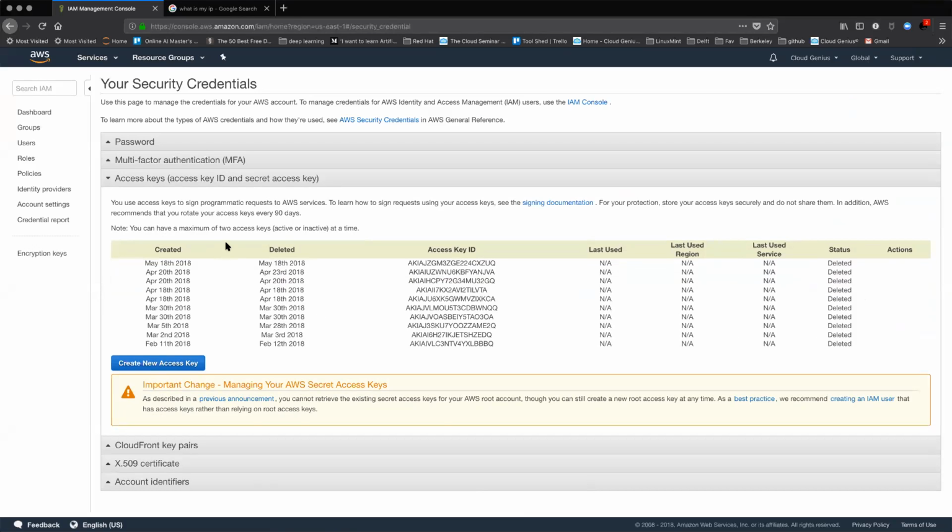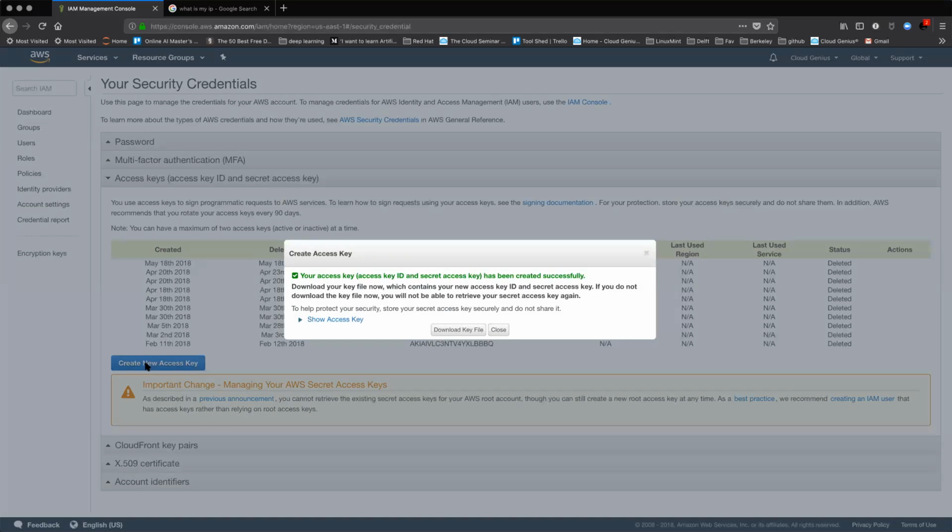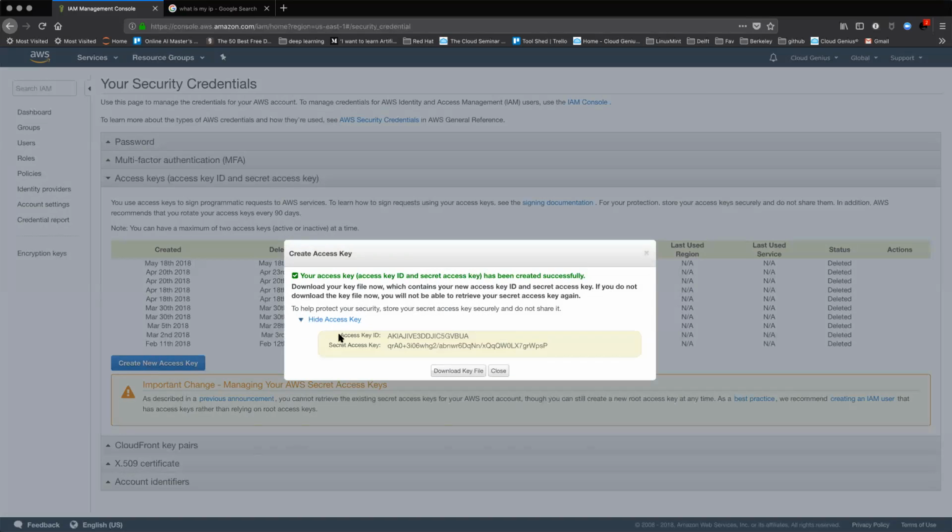So, by the way, this is where you generate a key. So I'm going to create a new key pair, and I will show it to you. So here it goes. Show the access keys, right? That's where I want to see them. So I'll say, okay, show me. So this is your key pair, access key ID and a secret access key. So I will copy these things